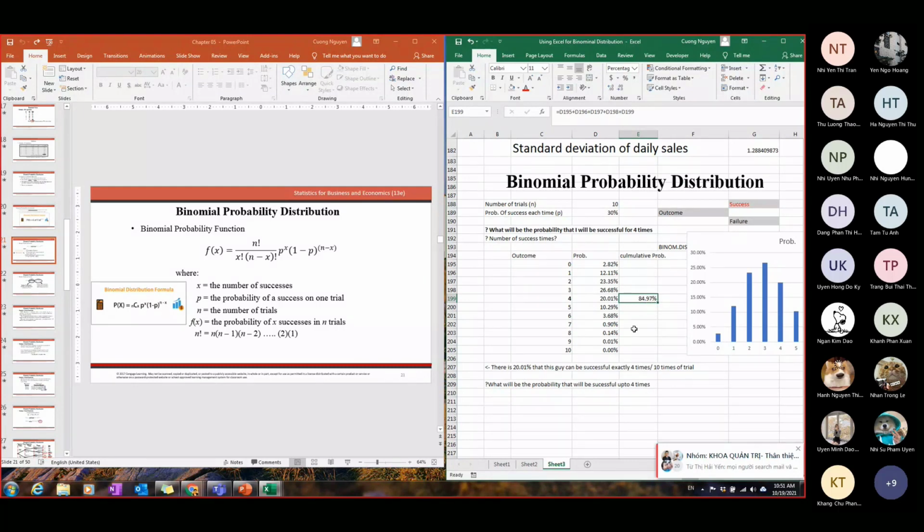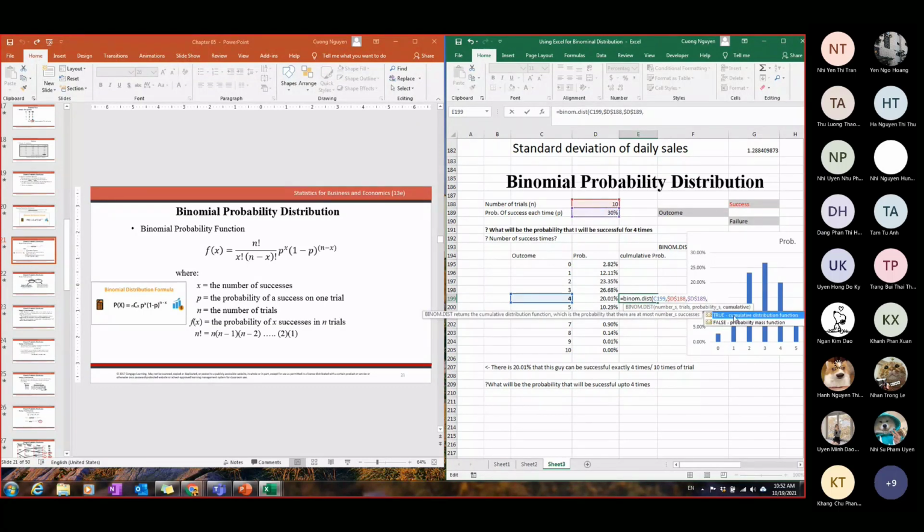However, at the same time, I can do it with another function. I will call the same binom distribution, and the number of successes will be 4, the number of tries will be 10, and the probability of success will be 30%. I want to keep them fixed, all of them. And for cumulative here, I would say true. Okay, and that helps me to answer that.